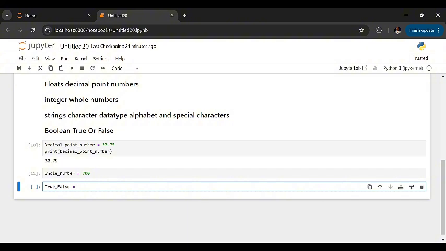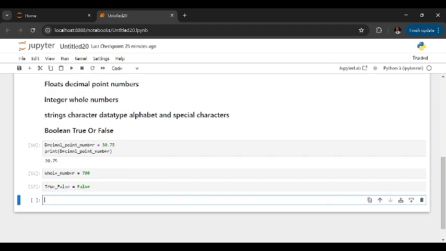So true, I think I should use true or false. Well, true, false. So we give it false and run. Yeah, it's run. And then for string, which we say are character based data types, so we want to check